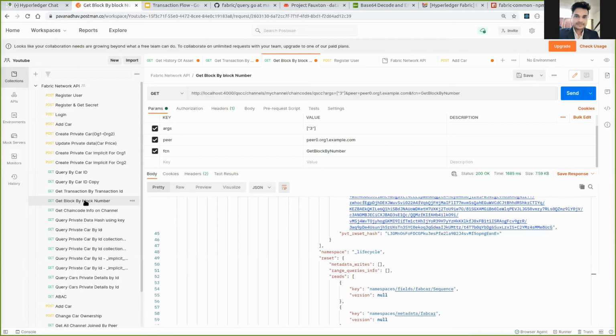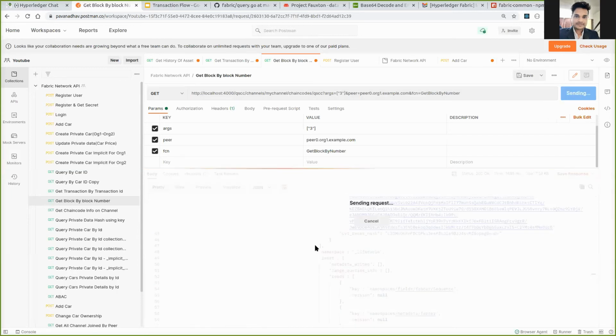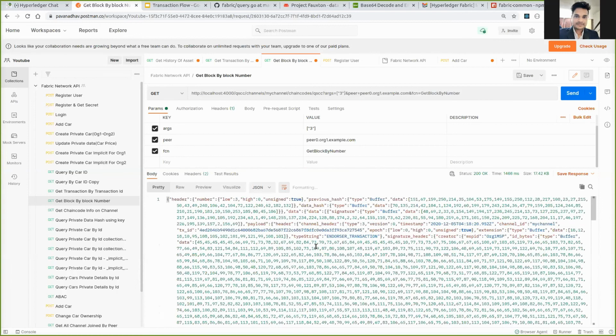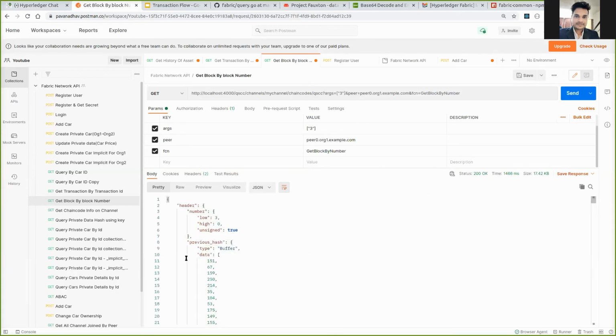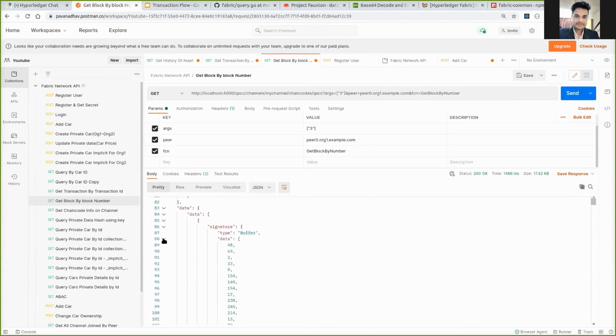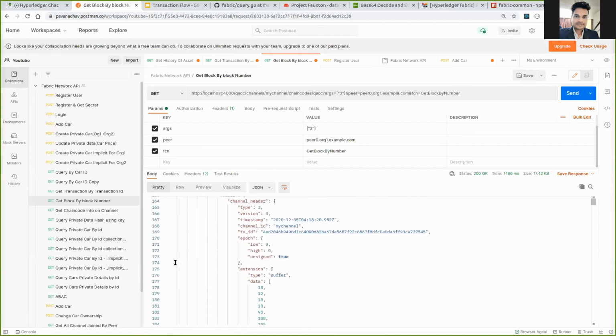So first one, block decoder, get block by block number. Again, we are doing the same thing. I'm sending it. This time we will get a response, but you can see here we are getting the data in buffer format. I will show you how we can convert that data. Right now we can minimize and check how exactly the data looks.